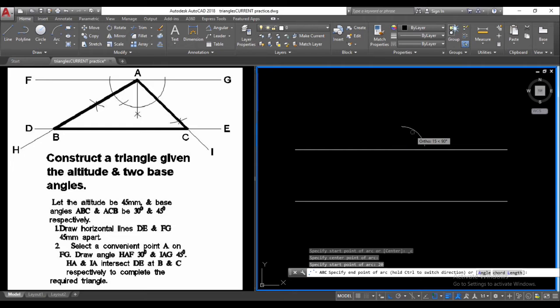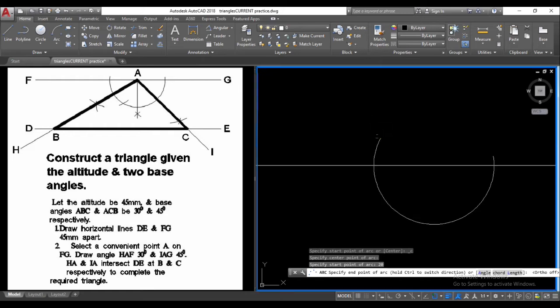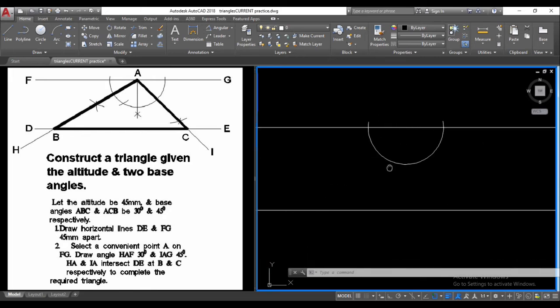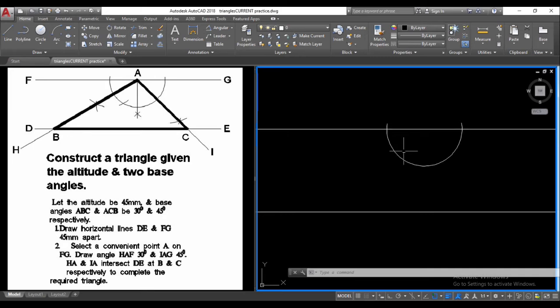So I'm just going to type in 20 and hold on the control key to switch the direction. Let me turn off auto. Switch the direction of the arc, and I'll stop right here. So we need from point A 30 degrees going this way, so we are going to construct a 60 degree angle between this line, the vertex A, going this way for that arc,